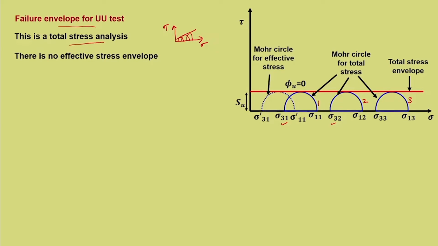So one cannot draw a Mohr circle failure envelope. We can draw Mohr failure envelope only if we know what is the angle of internal friction. Okay. So, there is effectively no effective stress envelope possible from UU test,